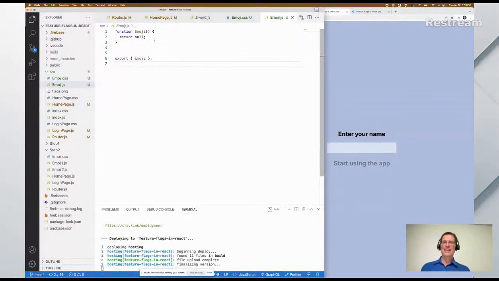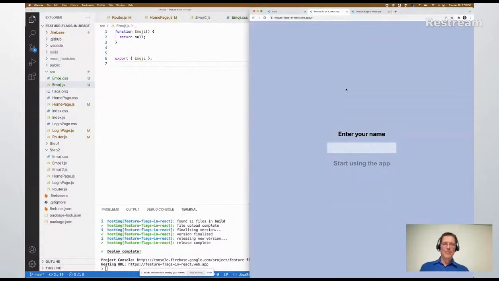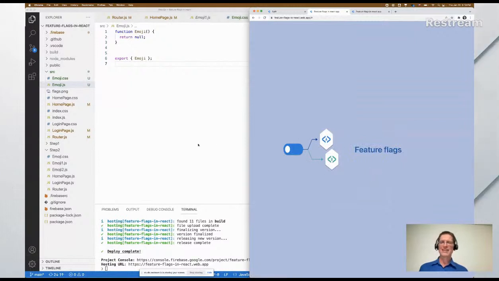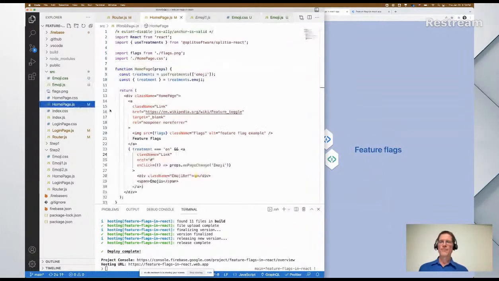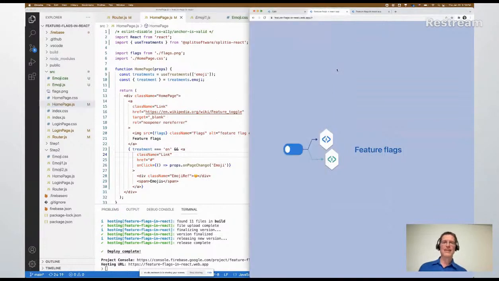oh my goodness, what are you doing deploying an incomplete feature into prod? Everyone's going to go click on that link and see a null component. This is going to be a bad experience. But if we come here and use the application, you can log in, you see we don't see the link. It isn't there. And the reason for this is that when the feature flag SDK gets loaded, it pulls the